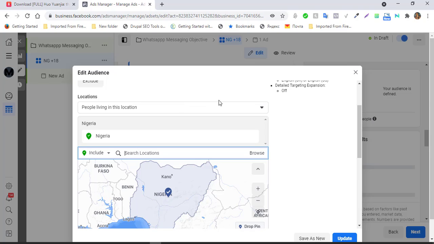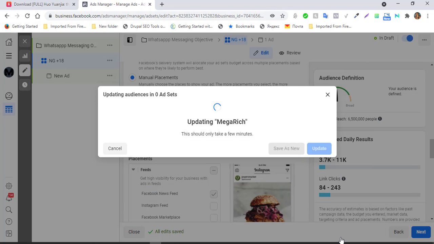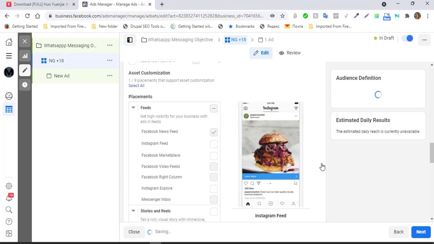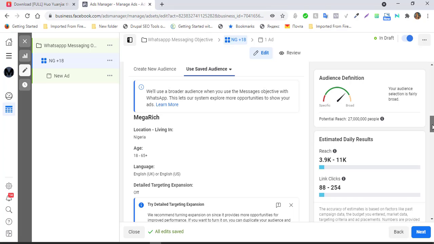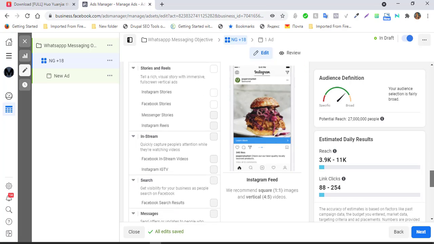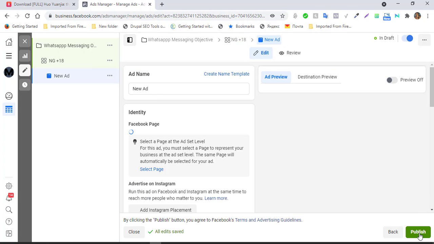You can choose Nigeria as a whole as default and just update. And you are done. That's targeting the whole country. I should point that out. Then you come down and we are going to click next. Everything is all good. You go to next,